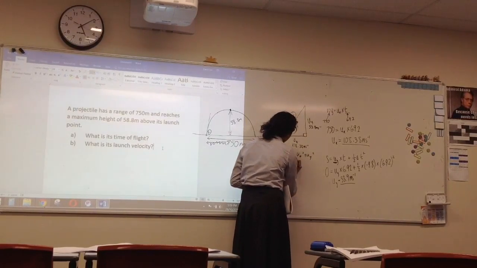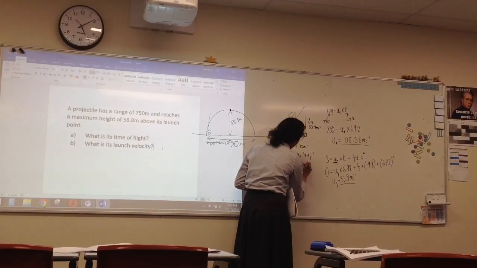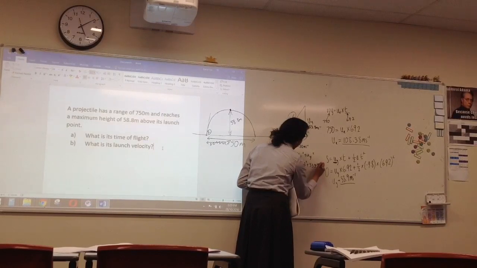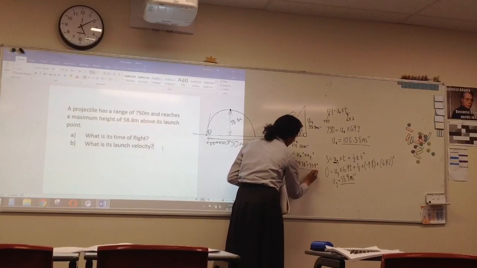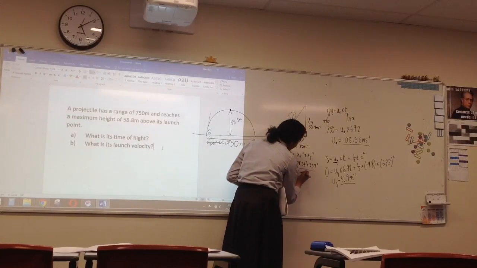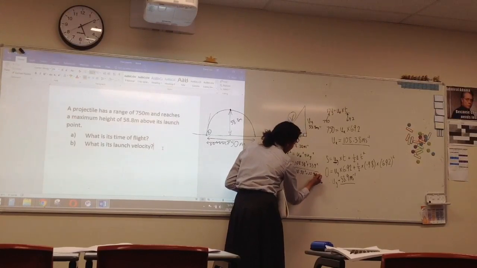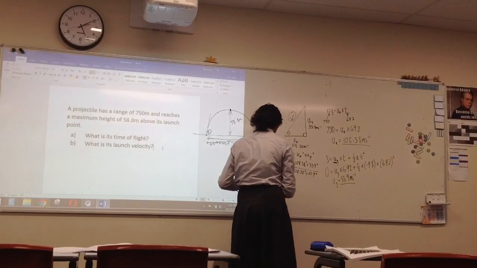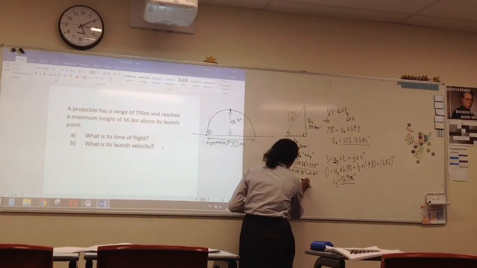So v squared equals 108.38 squared plus 33.9 squared, and v, if we were to just root all that, will actually equal 113.56